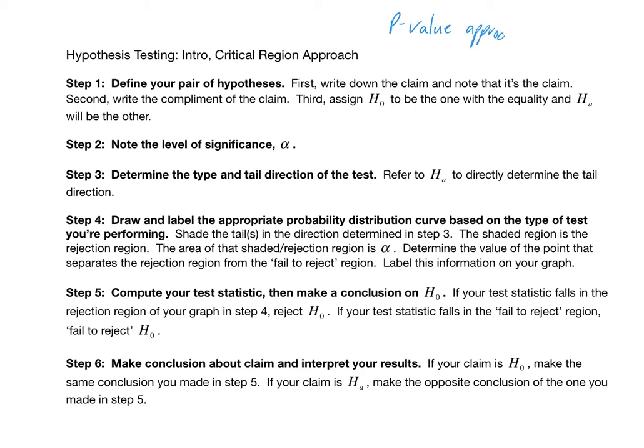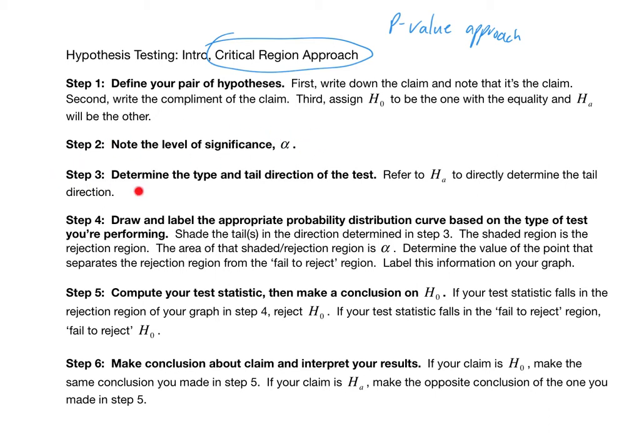You are going to learn how to do both of those approaches with some types of problems. What's meant by this video is just to acknowledge that there are the two approaches and that both of them are 6-step processes. In future videos, we're going to actually see how we can continue to work through these 6 steps. So the critical region approach consists of first defining your pair of hypotheses, second, noting the level of significance alpha,